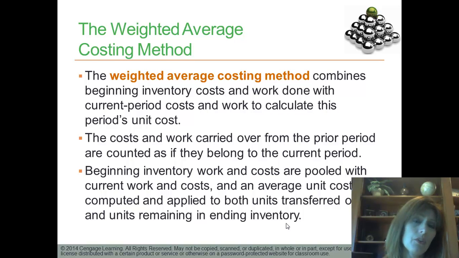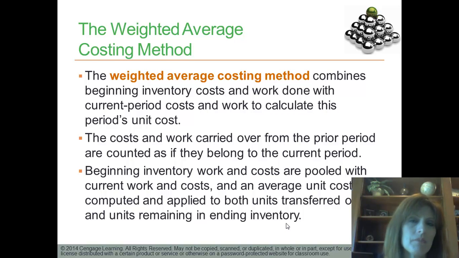So in other words, when I bring units in that are partially complete and they bring their costs with them, I have to recognize that those are old costs. The costs may have changed, inflation or changes in the marketplace may have caused the new costs to become higher, but I'm not going to worry about it. I'm going to figure it's all going to come out in the wash, and I'm just going to use the weighted average. So the costs and work carried over from the prior period are counted as if they belong to